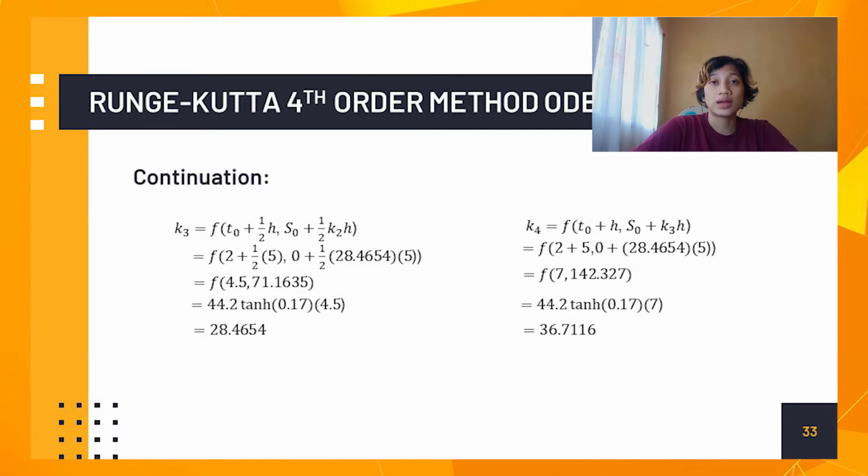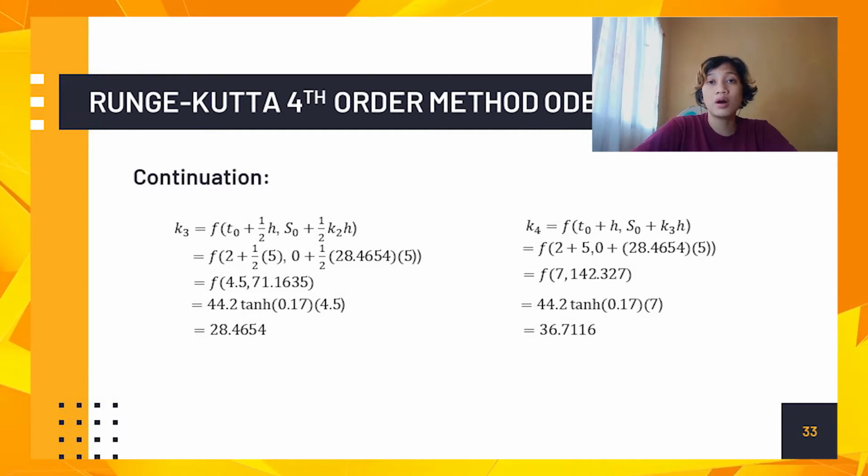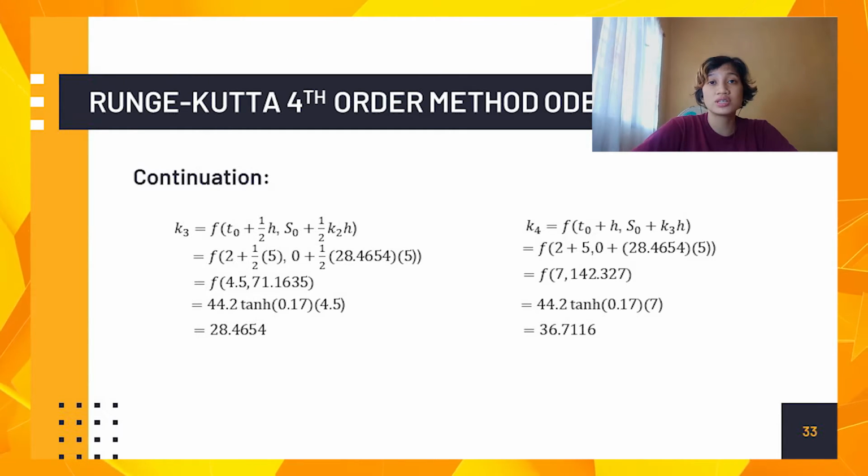For the k sub 3, f of t sub 0 plus 1/2 h, comma, S sub 0 plus 1/2 k sub 2 times h. Substitute the values. 2 plus 1/2 times 5, comma, 0 plus 1/2 times the value of k sub 2, which is 28.4654, times 5. 44.2 tanh of 0.17 times 4.5. The value of k sub 3 is